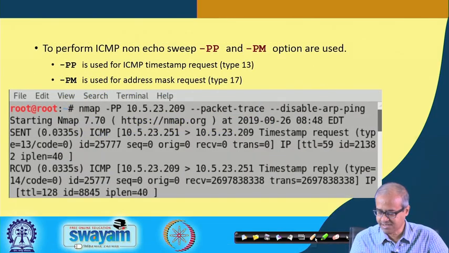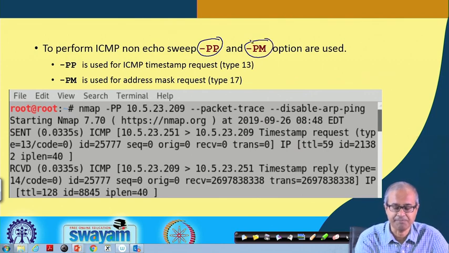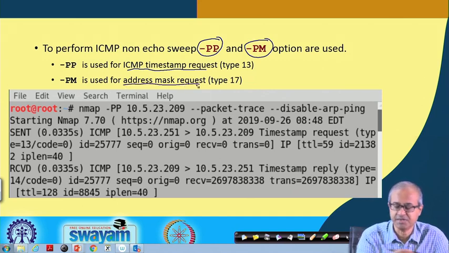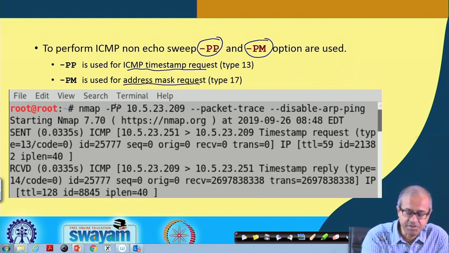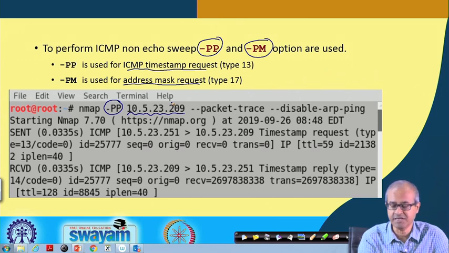So, let us see how you can do it. There are two options you can use, -pp or -pm. -pp stands for ICMP timestamp and -pm stands for the address mask request that I have described. Here an example is shown with the -pp option. We are running Nmap, trying to query this particular host, whose IP address is specified. Again we are tracing the packet and we are disabling ARP ping.